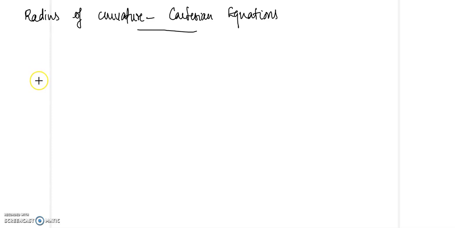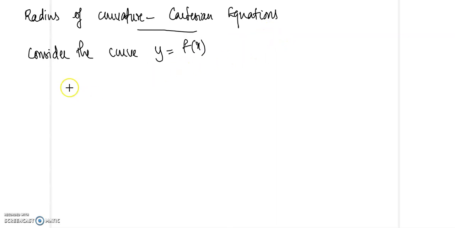So let us look at how to obtain the radius of curvature in Cartesian form in today's class. So let us consider the curve y equal to f of x. Now, in the last class we saw the figure y equal to f of x, where the tangent is intersecting the x-axis at an angle